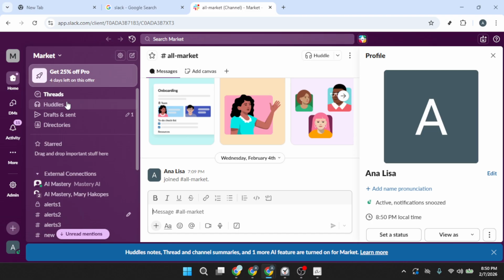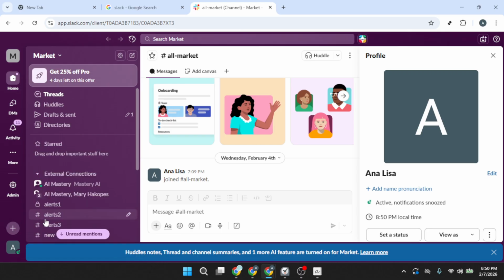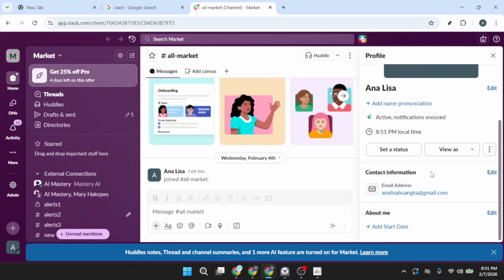Once Slack loads, look toward the lower left corner of the interface. Click your profile. This might appear as your profile photo or your name. From the menu that appears, choose Profile. Your profile will open in a panel on the right side of the screen, giving you quick access to personal